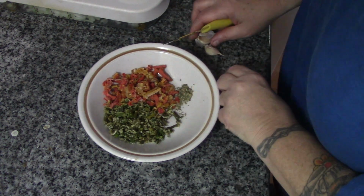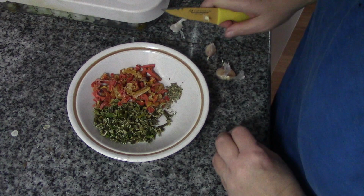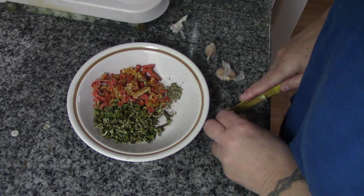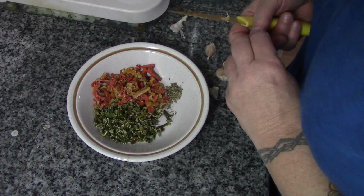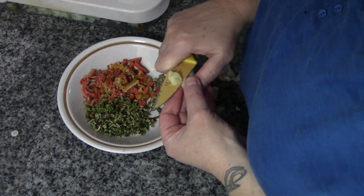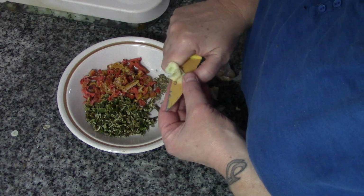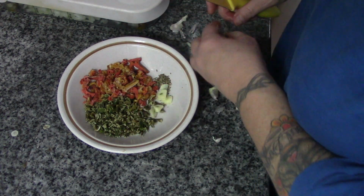Now this recipe calls for 2 cloves of garlic, but I'm going to do several, only because A, at this time of year, garlic is a natural antibiotic, and B, it's so good for you, and C, well, we just love garlic. And I'm also going to grate about a teaspoon of black pepper over my ham hock in the